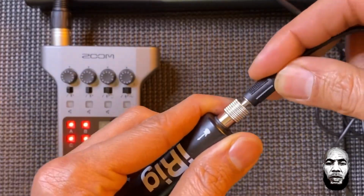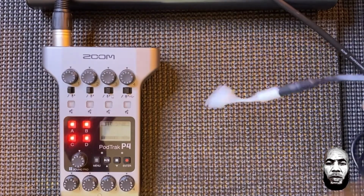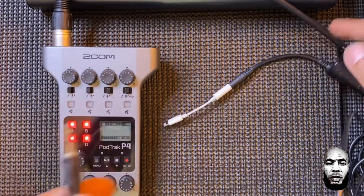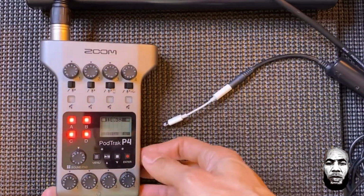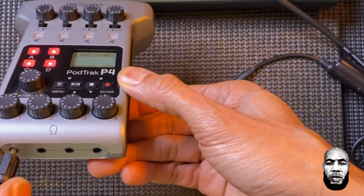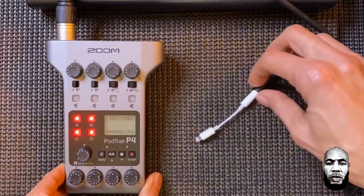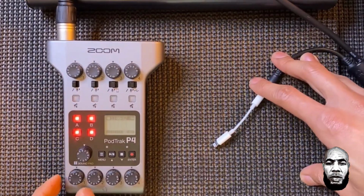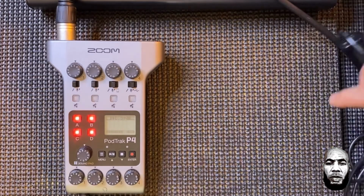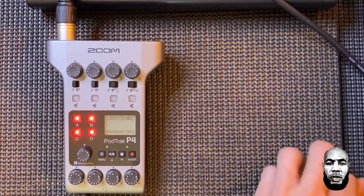Plug this into here, and this on the other end is going to plug into one of the headphone outputs of the Zoom PodTrak 4. Now, what I do want to tell you, well, let me just go ahead and hook it all up, and